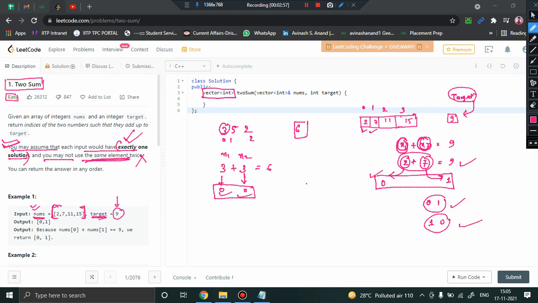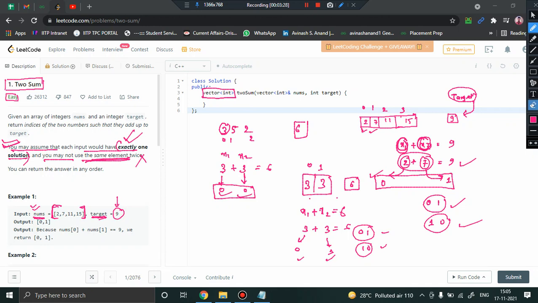Getting the point? So if you have two numbers 3, 3, two different 3's, and I ask you to give sum 6, is it possible? Yes, definitely it is possible. It will be accepted because x1 plus x2 will lead to 6. This index is 0, this index is 1, because I'm referring to this 3 and this 3. They are separate 3's. This is allowed. So the solution will be 0, 1 or 1, 0, accepted. But you cannot take the same 3 twice. So I think that's the complete detailed information about the question.